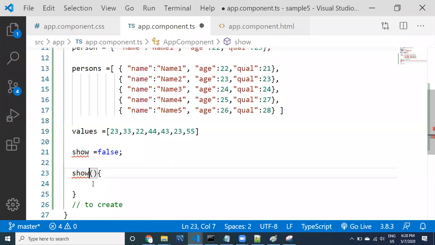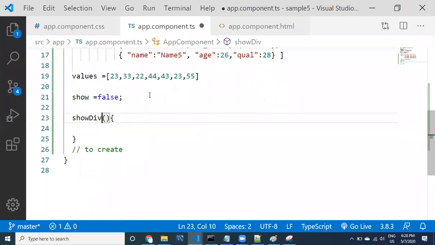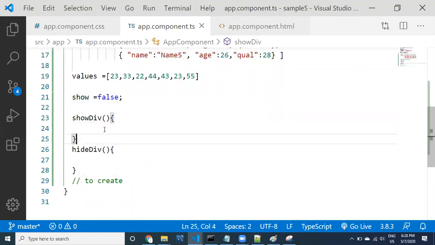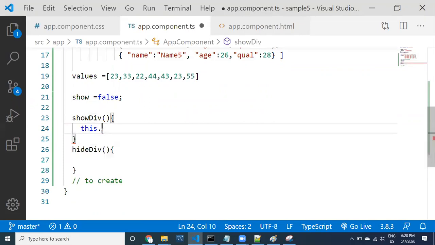showDiv is a method. Another method I want to write is hideDiv. Whenever you showDiv, I need to change this property to true.